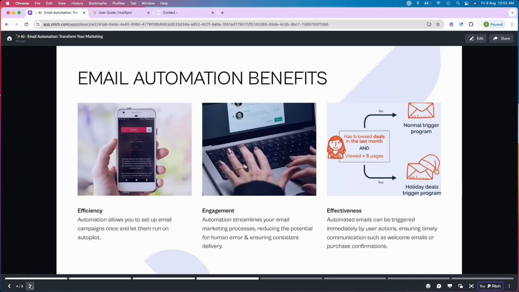So now let's talk about the benefits of email automation. These are the three common benefits: the first one is efficiency, the second one is engagement, and the third one is effectiveness. When it comes to efficiency, once you start using email automation, it allows you to set up email campaigns once and then